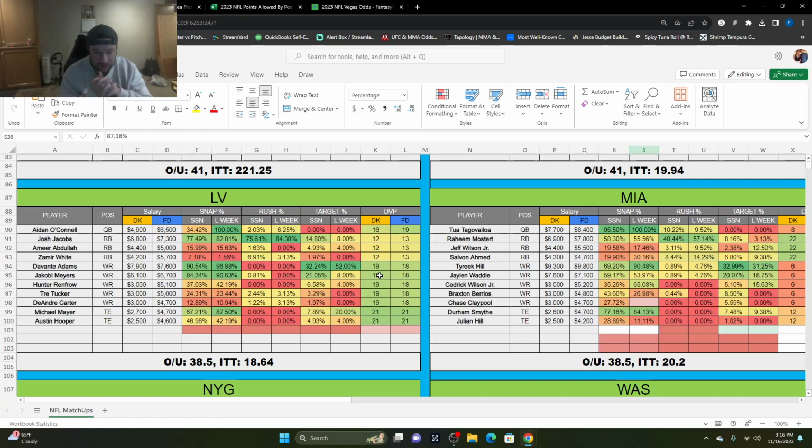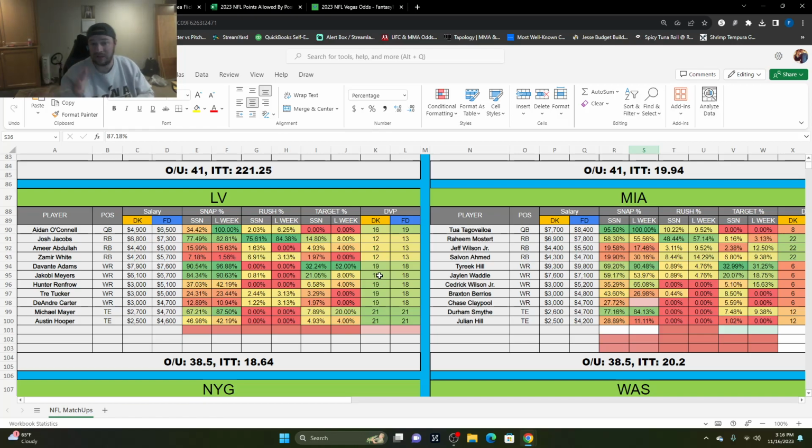So looking at this, really the only players that make sense for Vegas to even consider are O'Connell, Josh Jacobs, Devontae Adams. You could throw in a little bit of Jacoby Myers, but you can see Devontae Adams had 52% of the targets last week. For whatever reason, they got a new head coach. They decided, hey, let's throw it to our superstar. It makes sense. So if you're going with Devontae Adams, I'm okay with an Aiden O'Connell and a Josh Jacobs